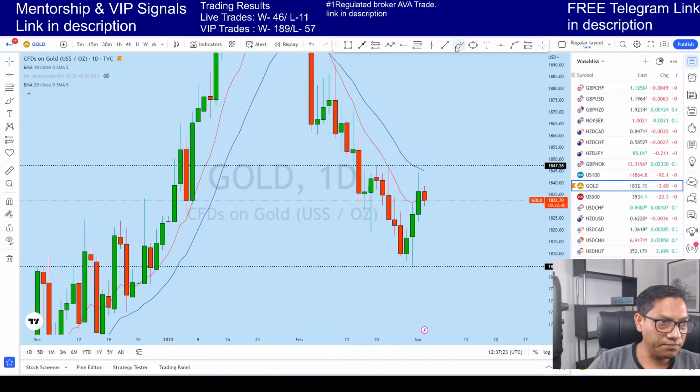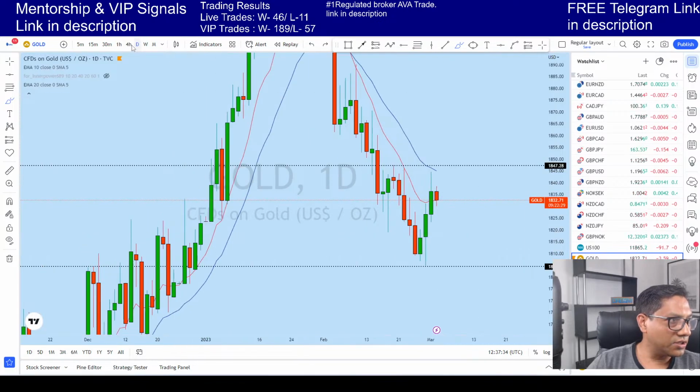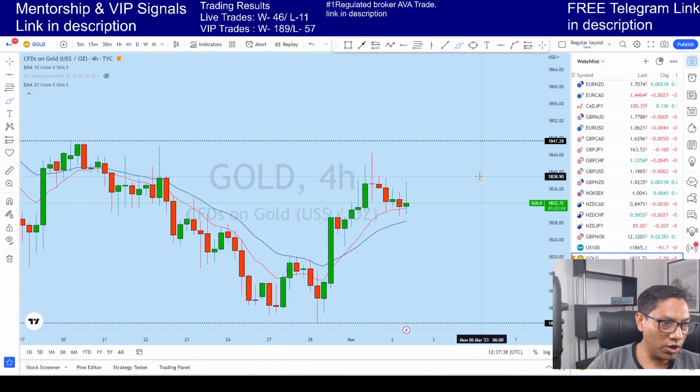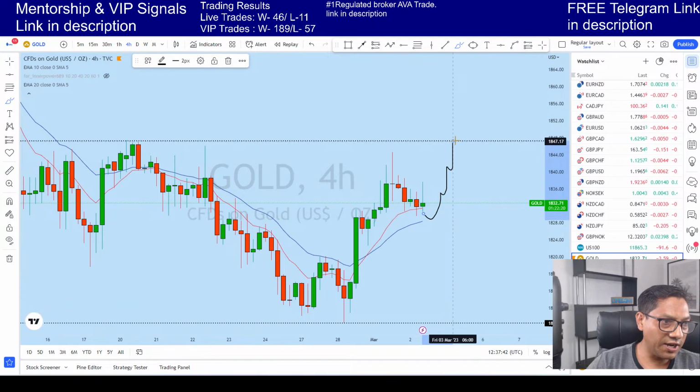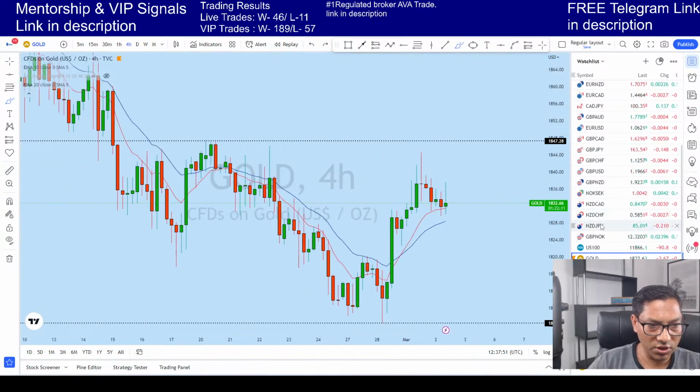And what I think is that the market might break this high a little bit, and then we could see that gold might be rejecting. So with that said, on the 4-hour again, let's see how this price action forms. What I think is that we might slowly see another spike to the upside to this level, and then we could see a rejection. So let's keep that running, and then we'll jump on the trade as soon as we find one, like we did yesterday.